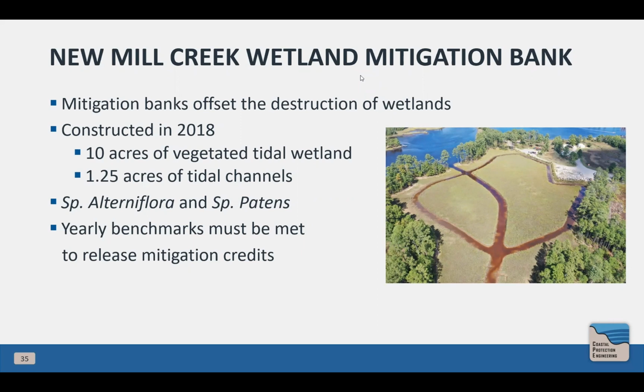So this New Mill Creek Wetland Mitigation Bank was constructed in 2018. It contains 10 acres of vegetated tidal wetland that was planted with Spartina alterniflora and Spartina patens. And when they build it, they don't just get to sell all of the mitigation credits immediately. They actually have to hit benchmarks every single year showing that the vegetation is growing. And as they hit those benchmarks, they can sell more of their credits to developers or whoever's building in the wetlands. And what those benchmarks look like,